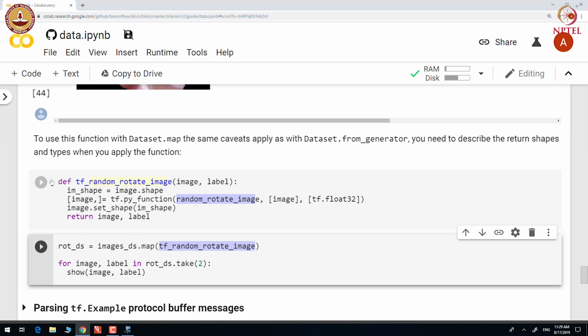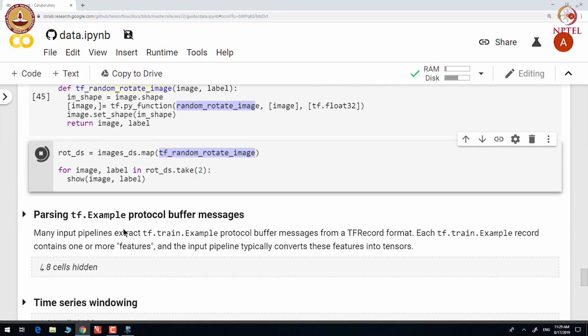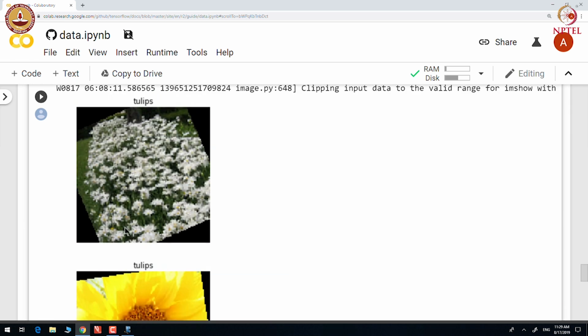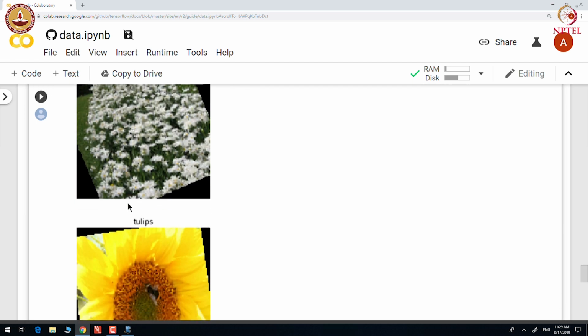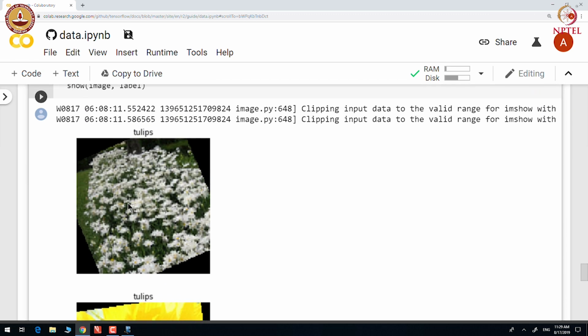Let us see how this works on a couple of images. You can see that both the images are rotated with different angles, chosen based on a uniform distribution between -30 to +30.